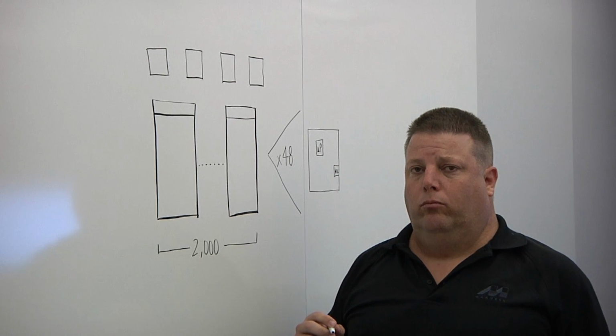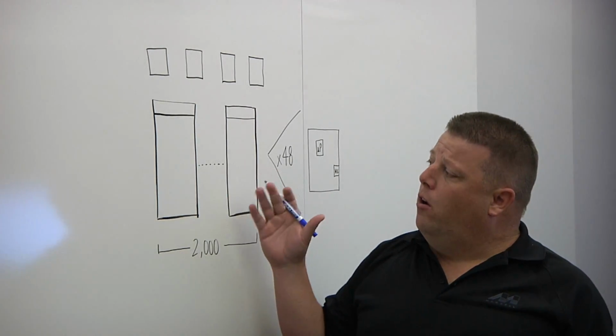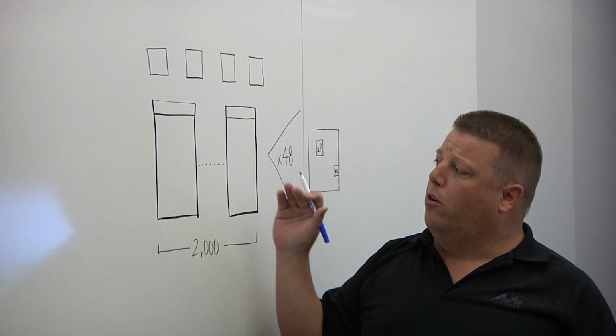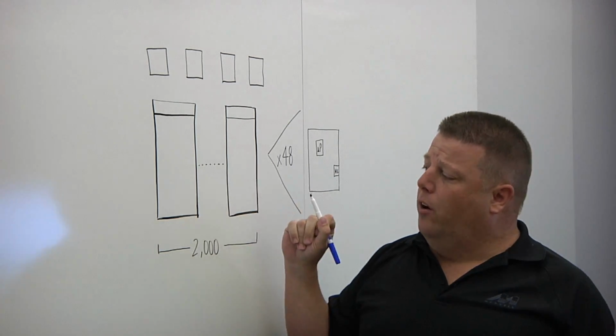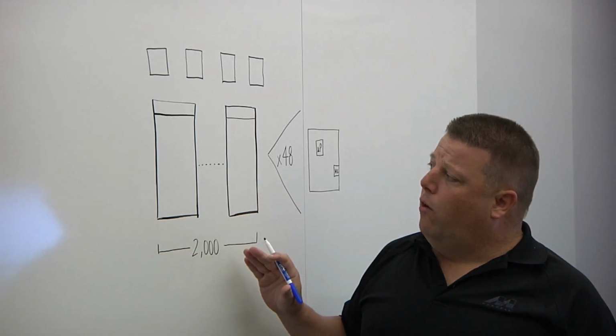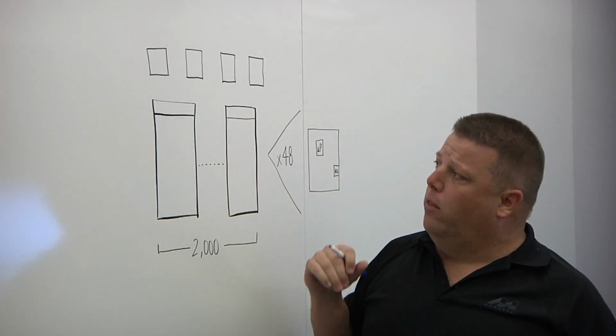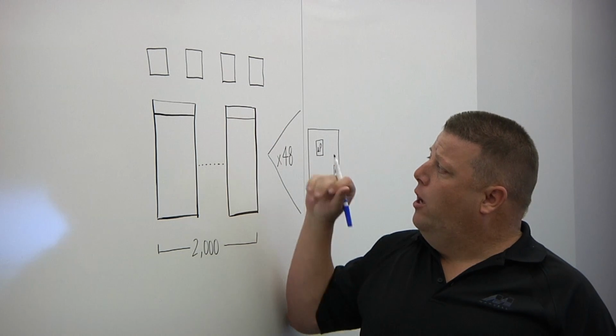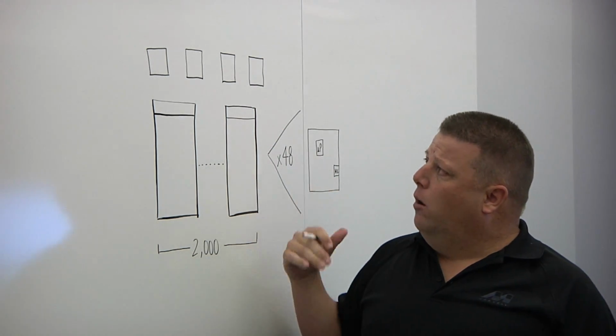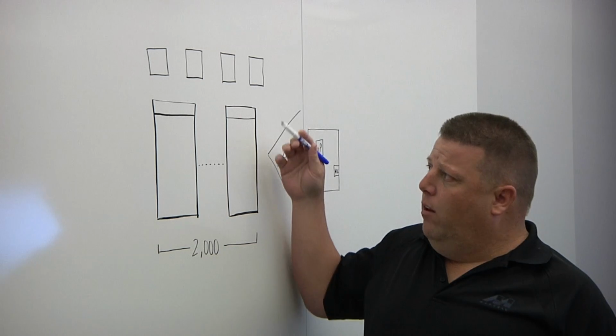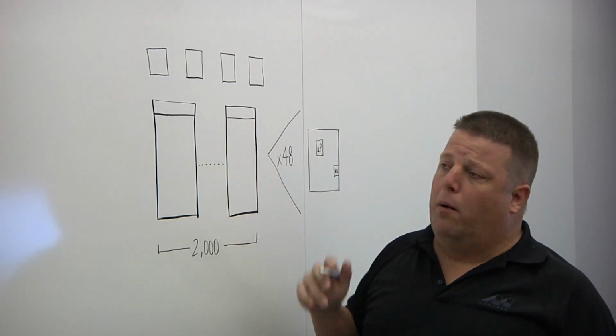Why don't you draw this out for us? Sure. So what are we looking at here? So what we're looking at here is a typical 100,000 server deployment in a data center. It's usually built with 2,000 racks with 48 servers per rack. Each rack is populated with a leaf switch or a top of rack switch, and that top of rack switch enables the connectivity within the rack and then uplinks to the spine.